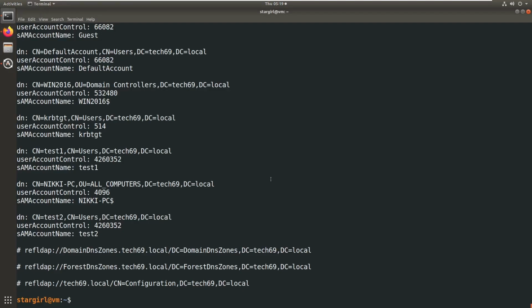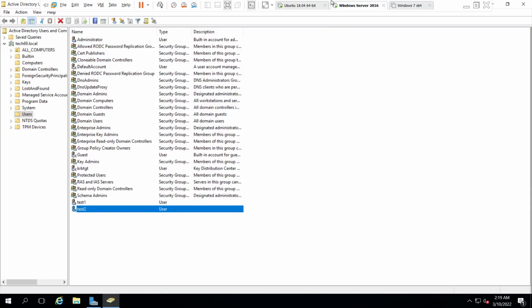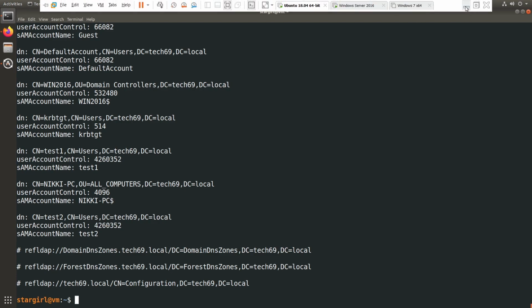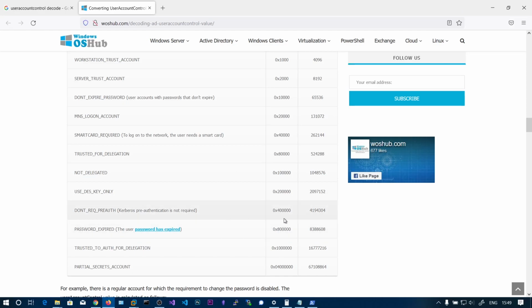We know that the test2 user has the "don't require pre-authentication" flag set. So we are going to copy this value, which is 42 lakhs 60,000 and 352. Now if you go to this 42 lakhs and look for the one nearest to it, less than 42 lakhs, it is this one, 41 lakhs 94,000. So that means you can